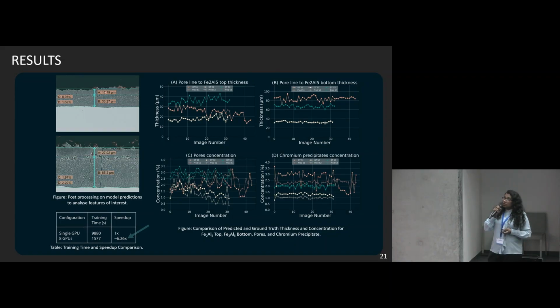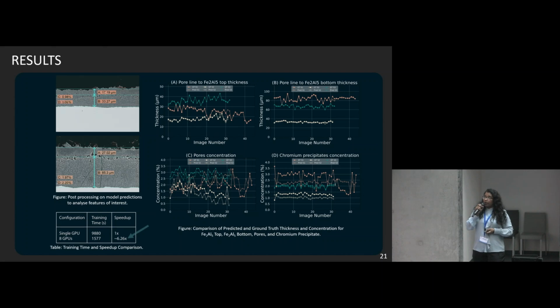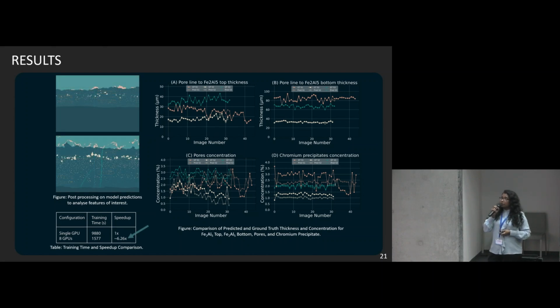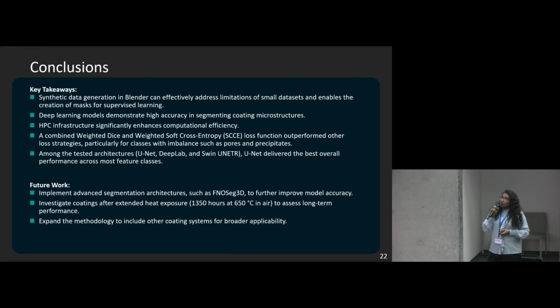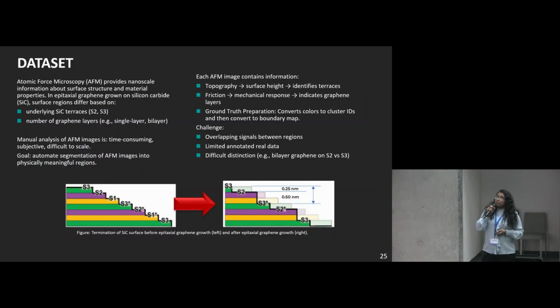So here are the results: even with just synthetic data, we are able to train the neural network model, and it's showing the overlap on the right-hand side. The graphs are showing this. So this is the conclusion: a synthetic data generator can be created in Blender, and we can use it. Second case is